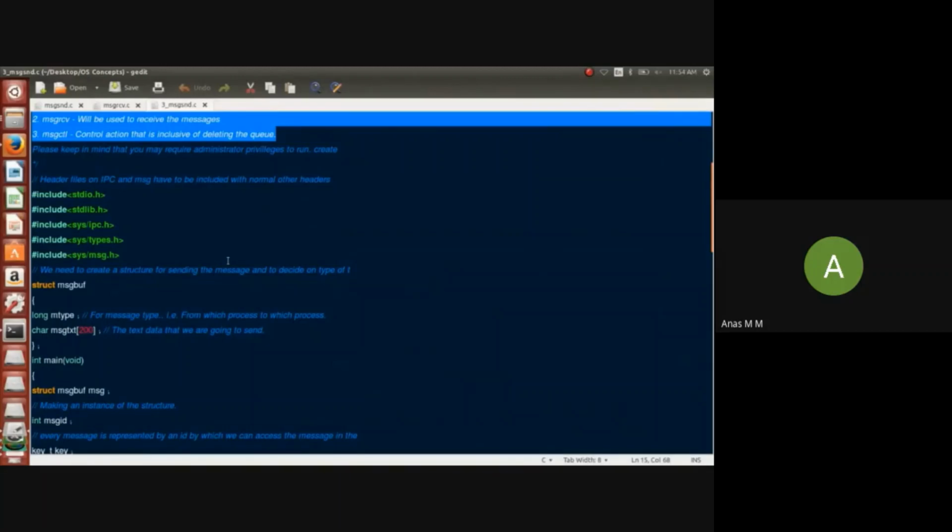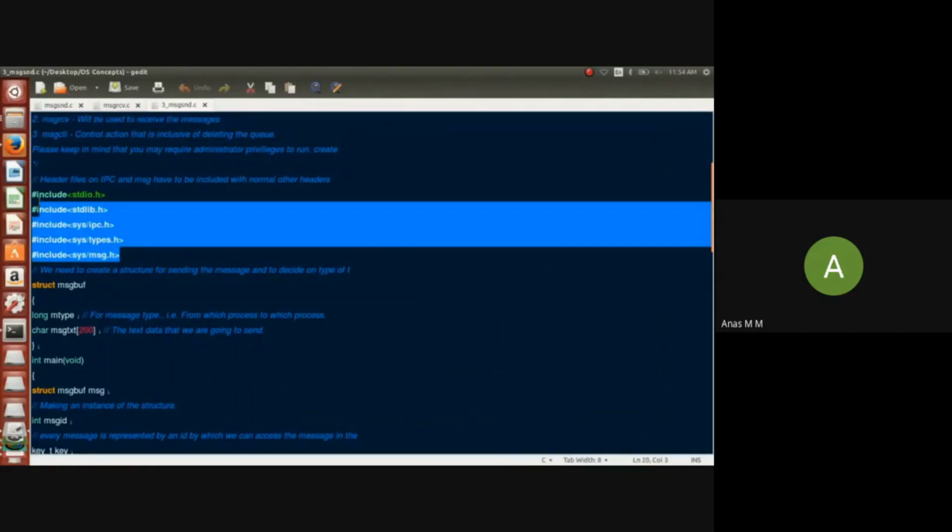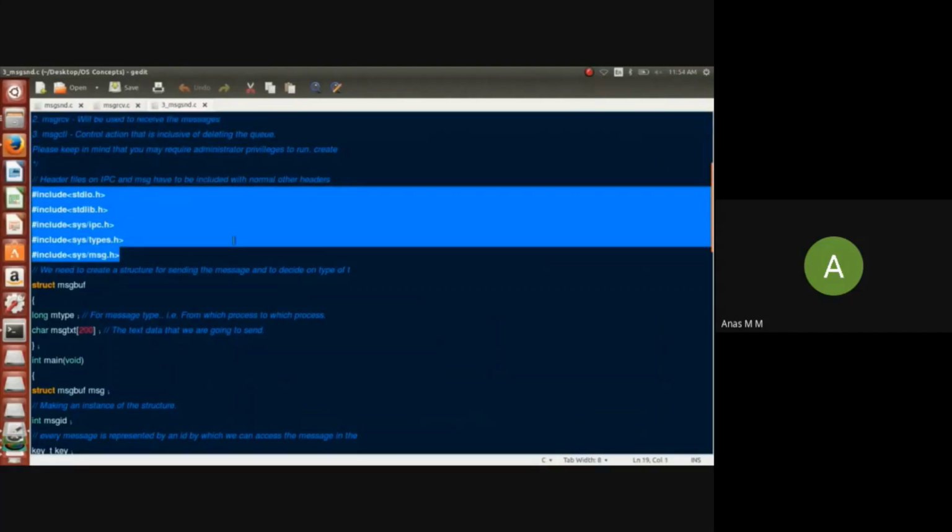So we need to generate the key. Generation of the key can happen through ftok, that is a system call again, which is called file to key. Just remember this, we have something called file to key. Now, regarding the header files, it is nothing. You can just go to the man page and type msgsnd. You will definitely get the guidance towards using which header files appropriately for this purpose.